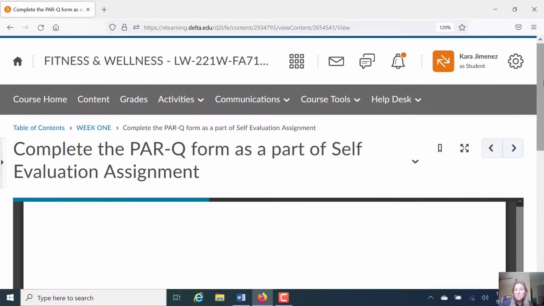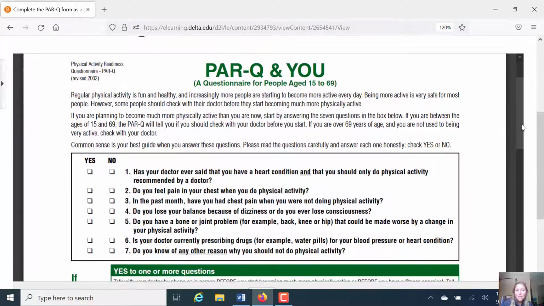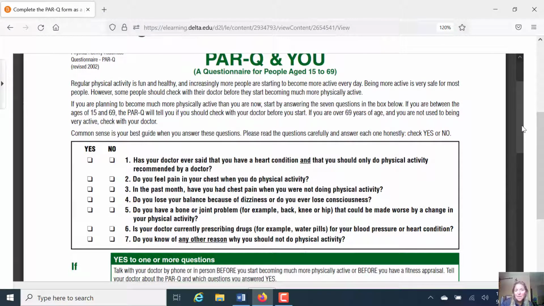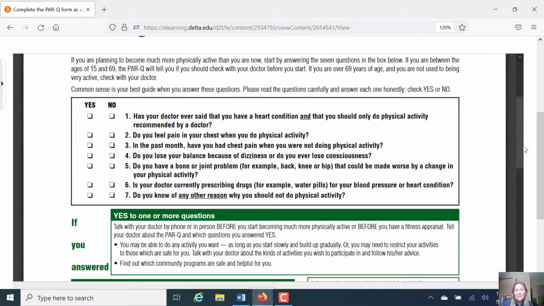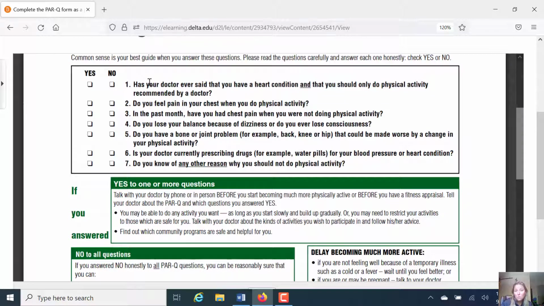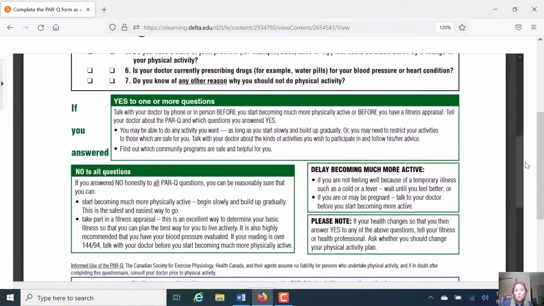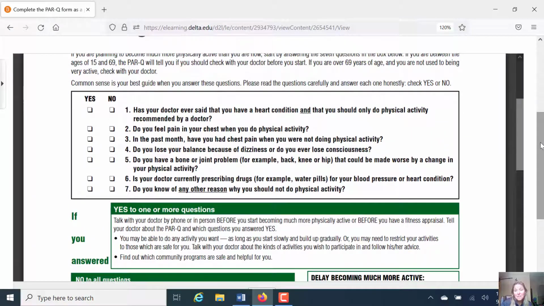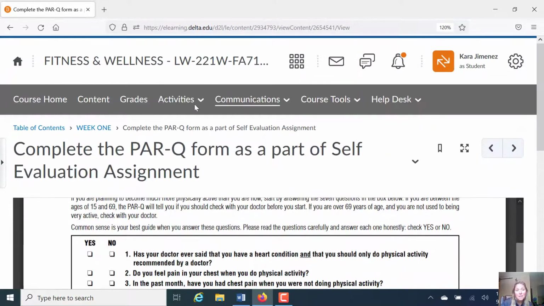So you're just going to answer these 7 questions, yes or no. And basically this is telling us that if we answered yes to one or more of those questions, it's a good idea to contact your physician prior to performing physical exercise, just to get their stamp of approval saying that, yeah, it's safe, it's good for you to do this. If you answered no to all of the questions, then you should be good to go and can begin a physical exercise program without any issues.